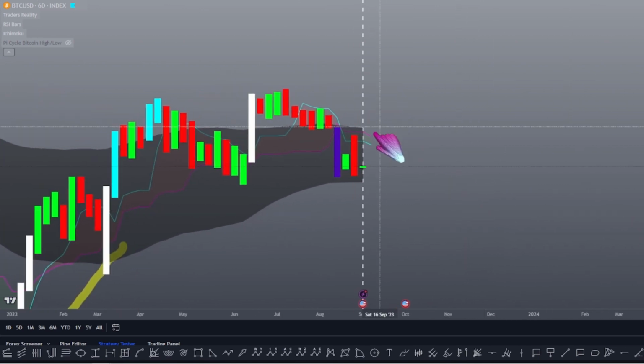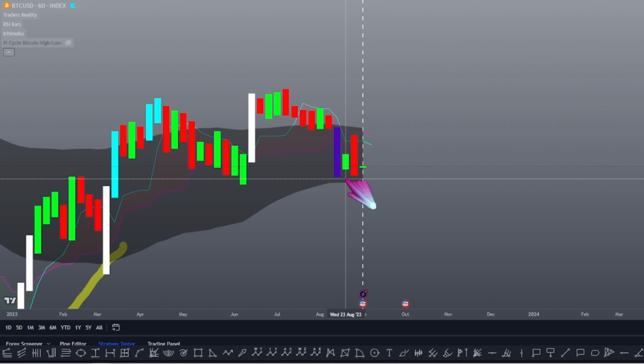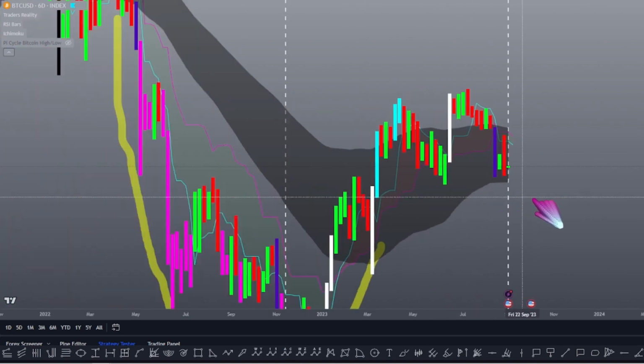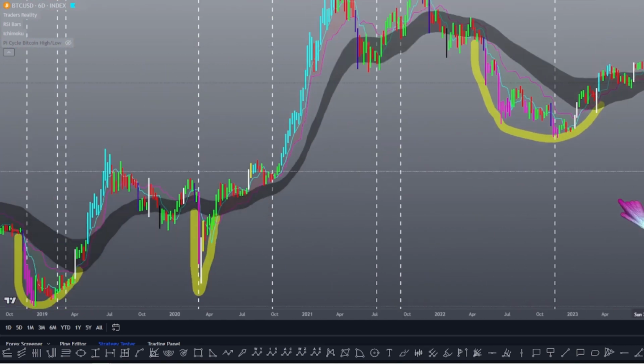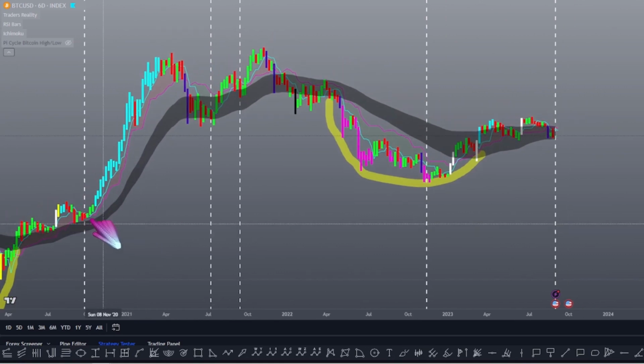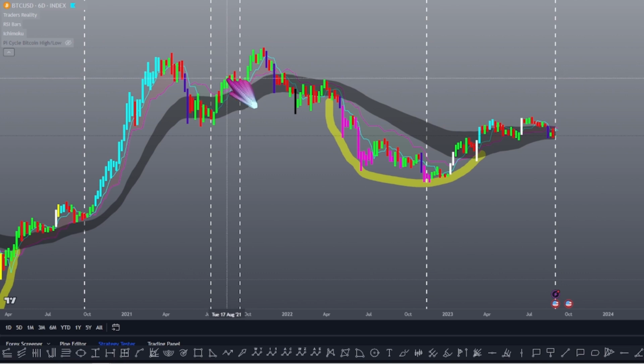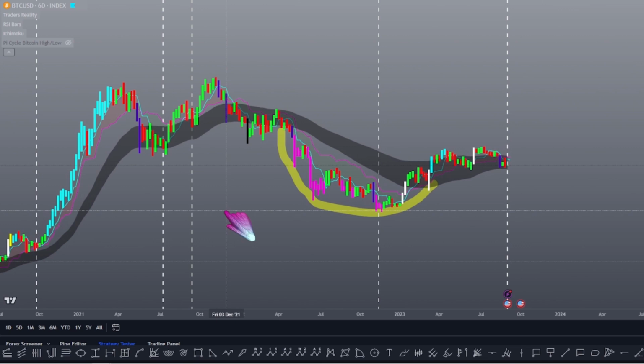So I wouldn't be surprised if, like I've been saying a lot recently, towards the end of September, maybe first half of October, we see this flip back up again. We've already met our local low right here, hitting at about 25.1 thousand, and then the bull market is going to begin. We will see something very similar to this area back here from September all the way up to right here in September of 2021. So September 2020 to September 2021, I think we'll see something very similar to that,